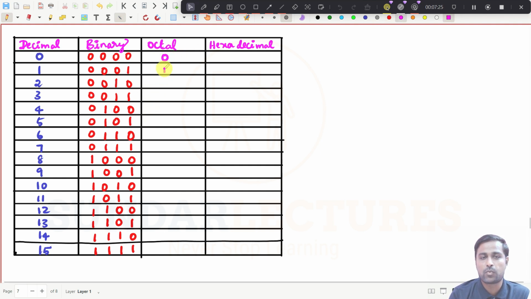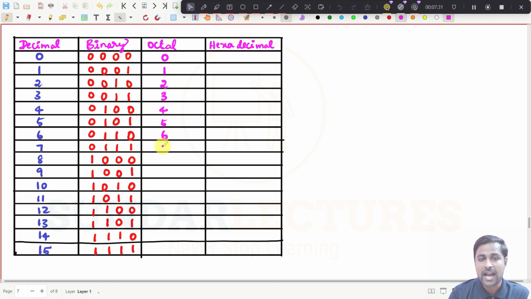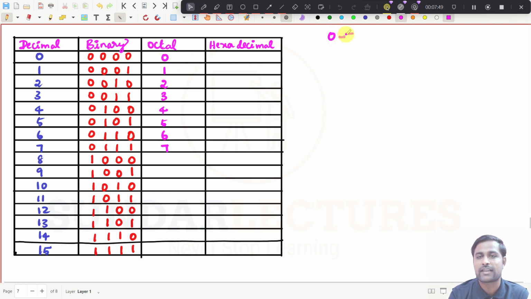It will be 0, 1, 2, 3, 4, 5, 6, and then 7. See, try to understand. It will use up to 7, and you should not go for 8 here. No, 8, 9 will not come down. Why? Because 8 and 9 don't come under the octal values, because octal values lie between 0 and 7,